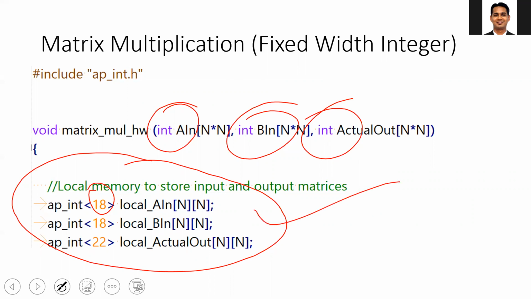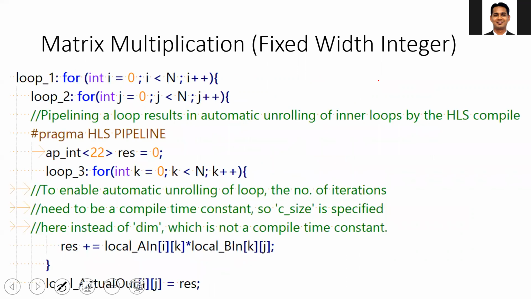There is also a way to tell the SDSoC tool that instead of a 32-bit integer, there should be an 18-bit or 20-bit integer. We'll see that in a future lab whenever we need it. Right now, fortunately, since we are using local variables, I'm making the local variables 18-bit variables so that I can get significant saving in the resources. Make sure you modify this line also. Whenever you modify the other variable, this result variable, make sure you modify it to ap_int.